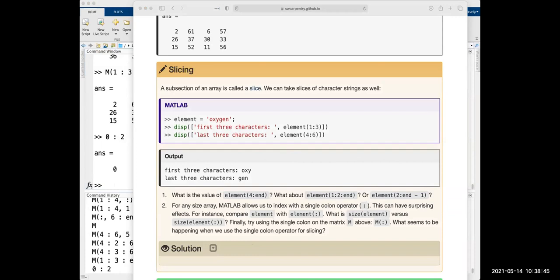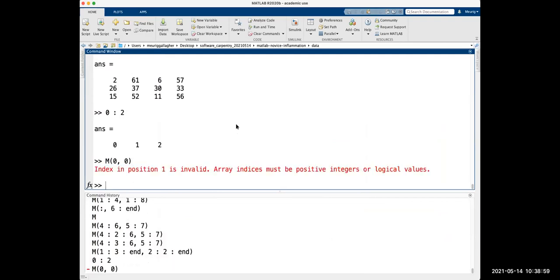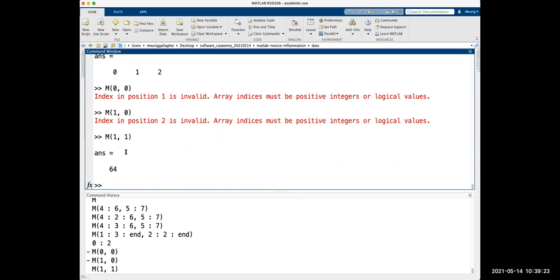I'd say it's potentially easier going from Python to MATLAB, because if you try and access the 0th element in our matrix M, let's try it. Let's say M of 0, 0. In Python, this would give you your first element, your top left in your array. In MATLAB, it's going to give you an error. Index in position 1 is invalid. Array indices must be positive integers or logical values. So that's saying that what we've put in here is wrong, and that it needs to be positive, so greater than 0. So we can put in a 1 here, and then it's going to give us another error, saying index in position 2 is invalid because we've got 0 here. So it's a lot easier to notice our mistakes, and then we can get to 1, 1.